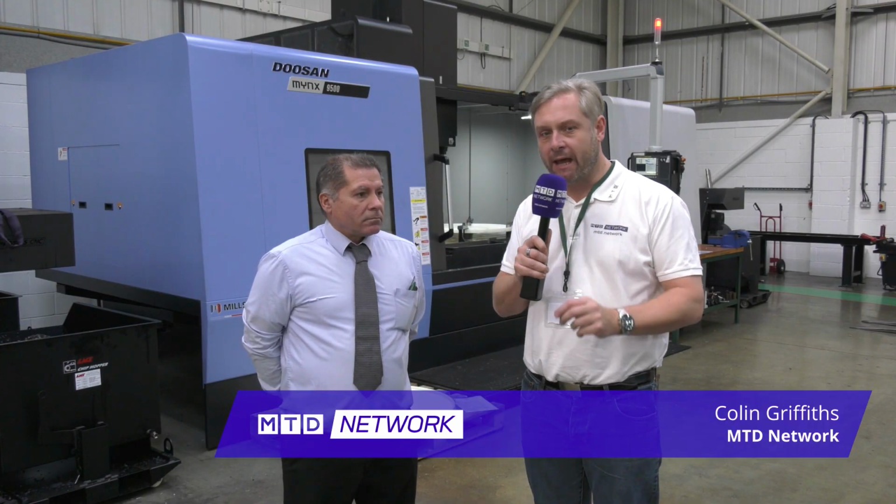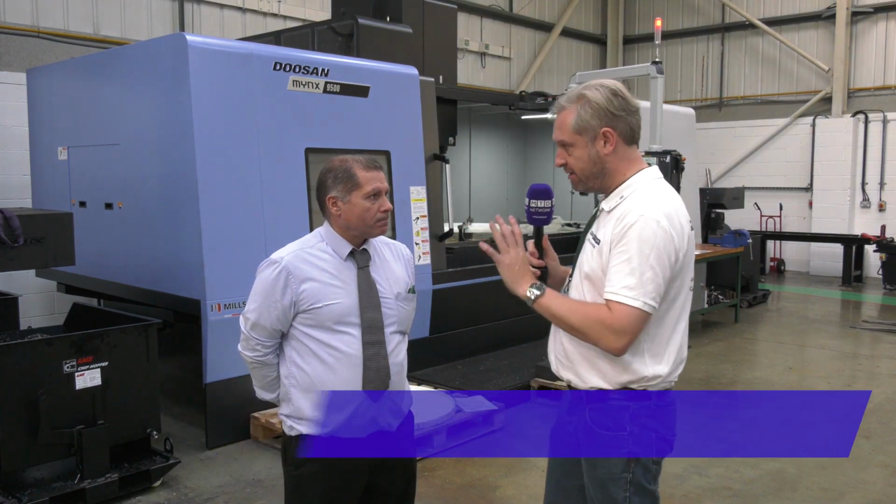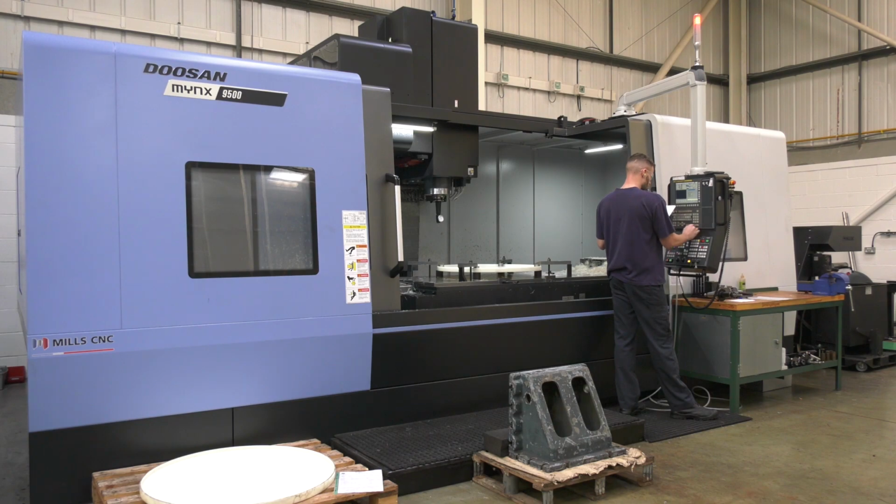MTD Network have dropped into Kail and Co in Sunderland. Now they've got two fantastic sites. John, talk me through this site though. Well, we've got quite a large mill machine here, 2.5 metres travel on the X and just under a metre on the Y, which covers quite a lot of large parts what we do for...